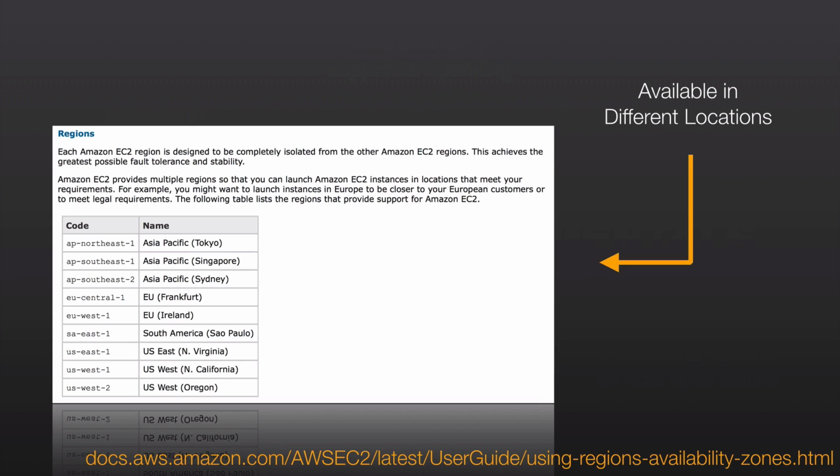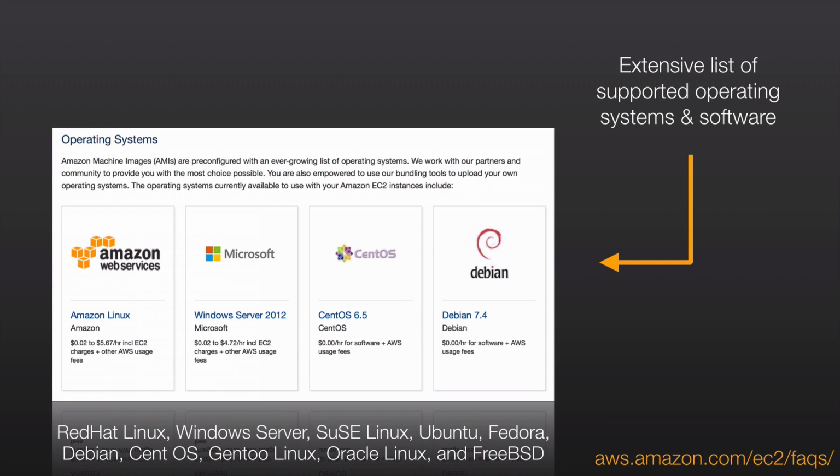And if you check out the URL that you can see at the bottom of the page here, you can find always up-to-date information about the regions that EC2 is available in, as well as details of things like how many availability zones there are in each region, and also information about which specific instance types are available in which regions. There's an extensive list of supported operating systems and software, both operating systems that you can see listed here